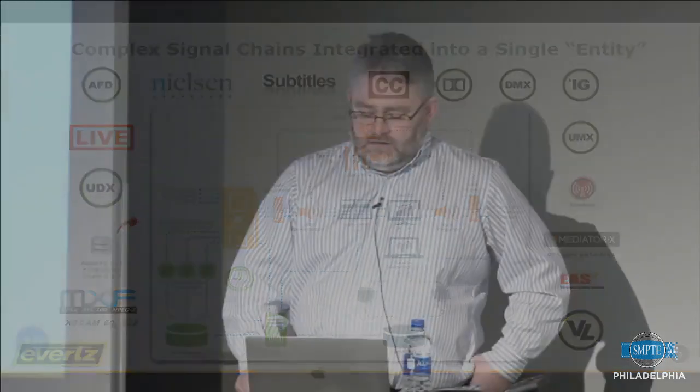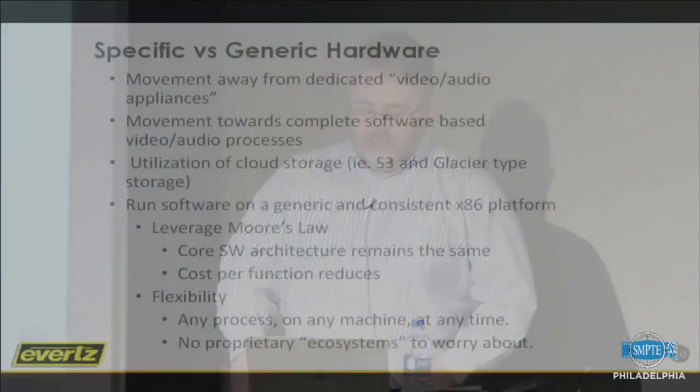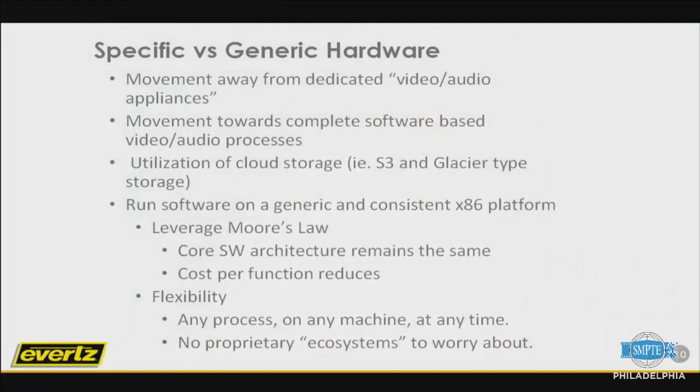So this moves us from specific hardware that has single functions onto generic hardware, which gives a lot of advantages. Moving away from hardware to software lets us move into the cloud. We can run